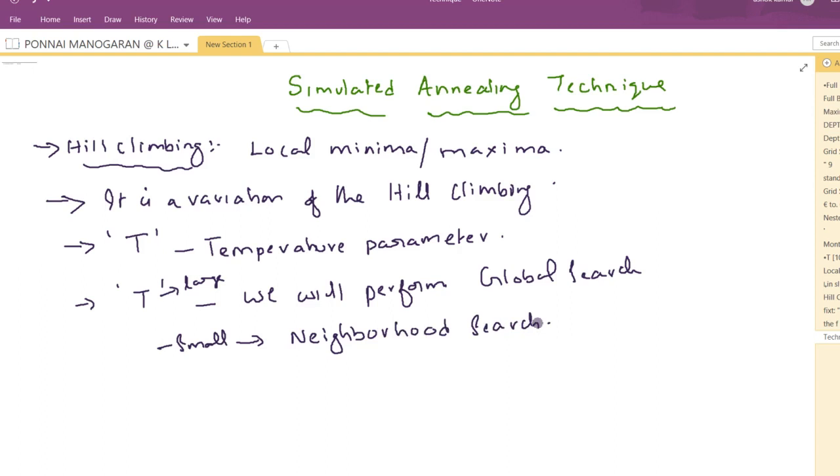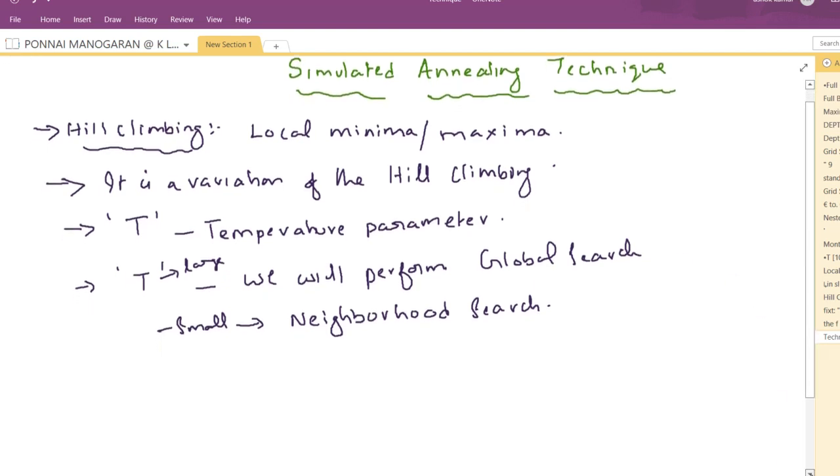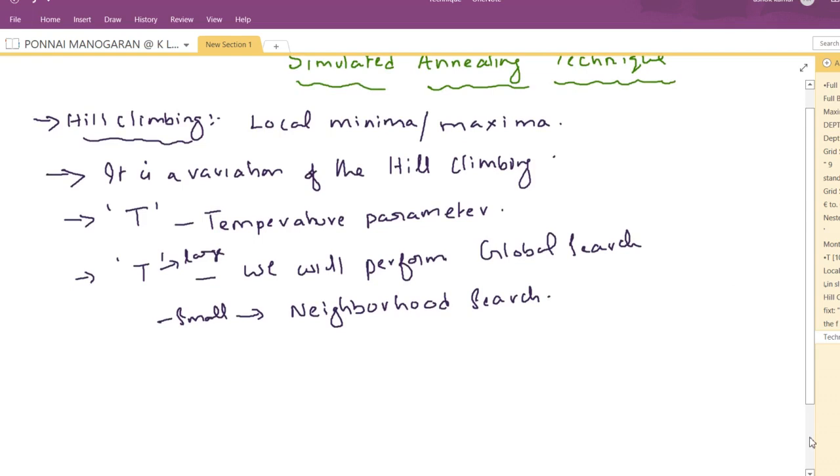So, depending upon the values of T, we will perform two different types of searches. We can also say it in another way: depending upon T, that means if T is large,